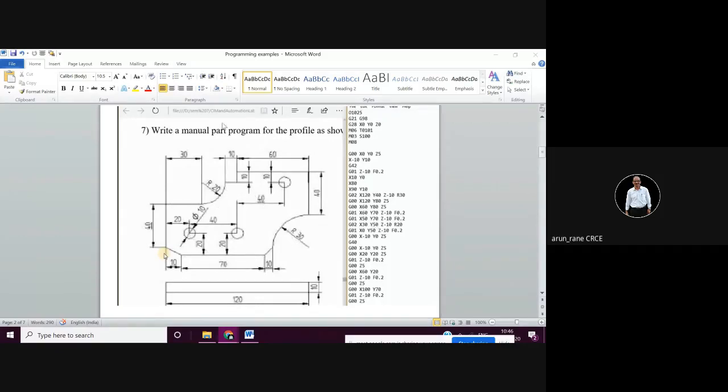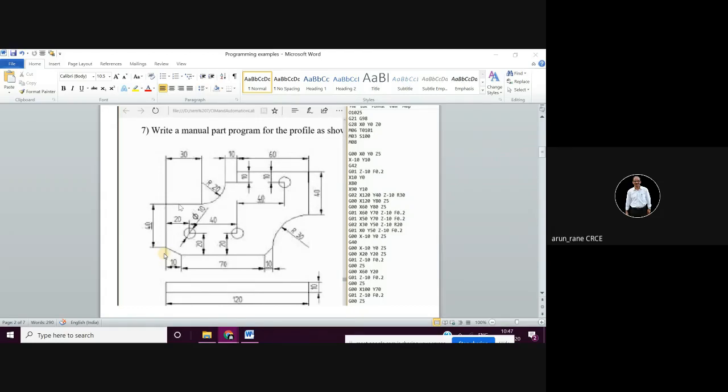Now the direction is like this, so it is going to be a clockwise interpolation. Clockwise interpolation is nothing but G02. So what is the end point here? X30. Then Y will be 50, this 40 and this 10, and R will be 20. Let us see. So G02 X30 correct, Y50 that is also correct, and Z minus 10 not required. And then here R20. So this radius is 20 which is required. So now the radius interpolation is also done.